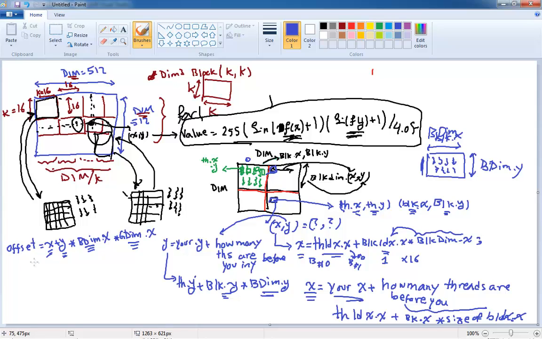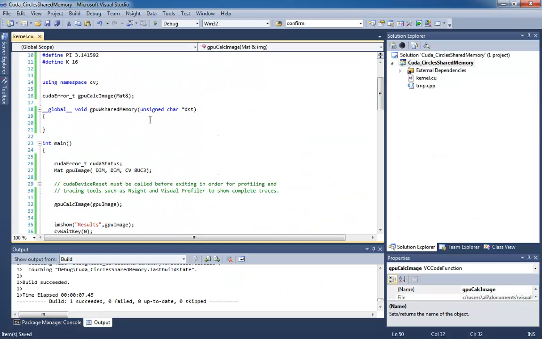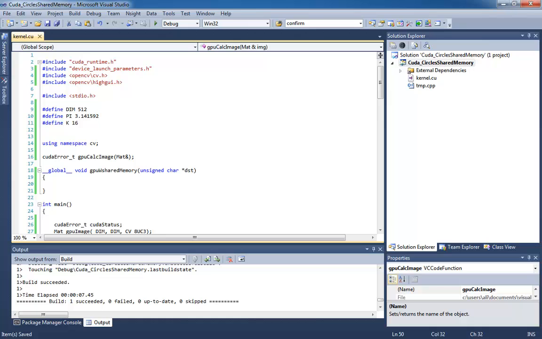What we're going to do is we're going to calculate x and y and the offset for each thread. Then we're going to create a shared memory, and we're going to make the calculations in shared memory, and then store the results from shared memory in the global memory. And then we copy these results to show on the screen on the host. So now our code is going to be very simple. We're going to go up in the kernel,